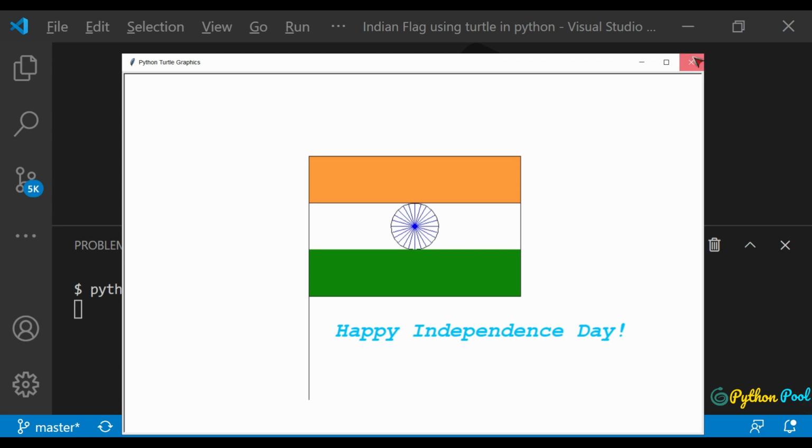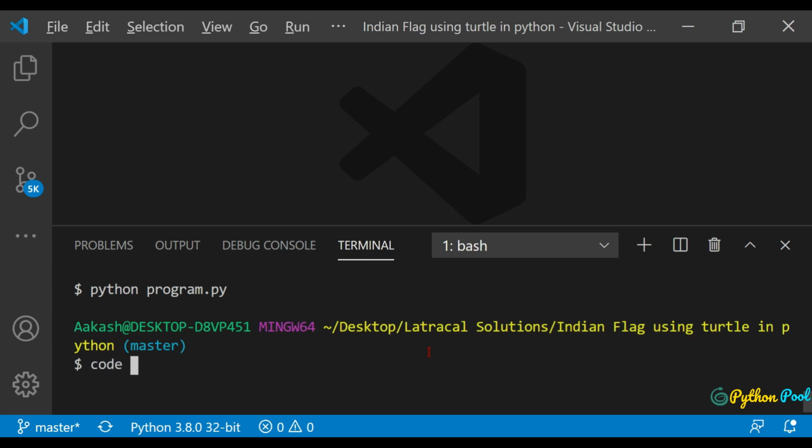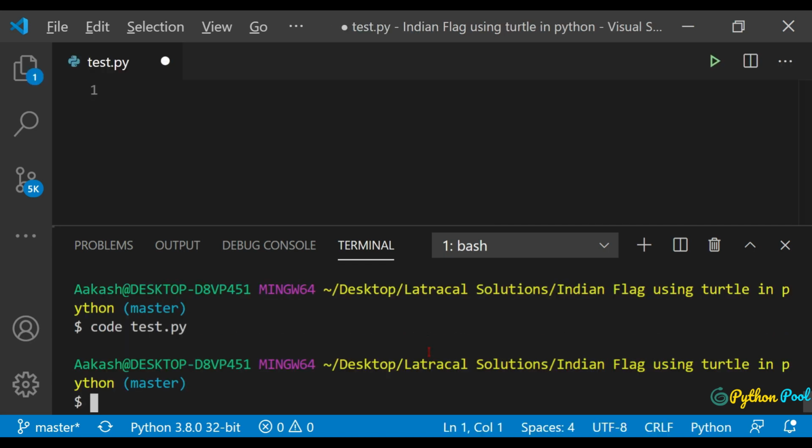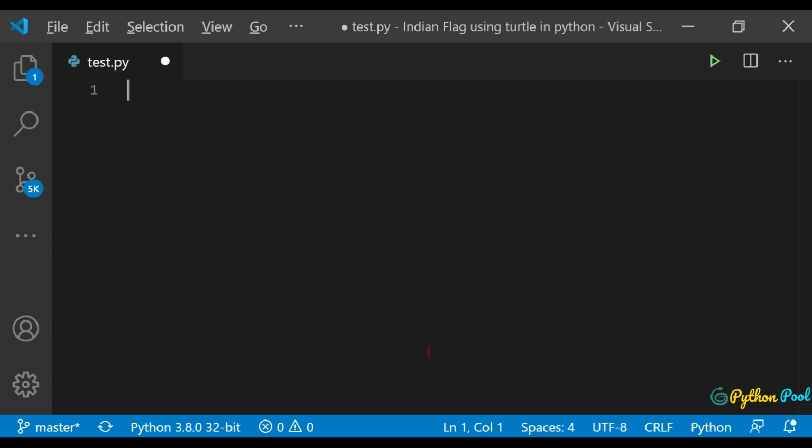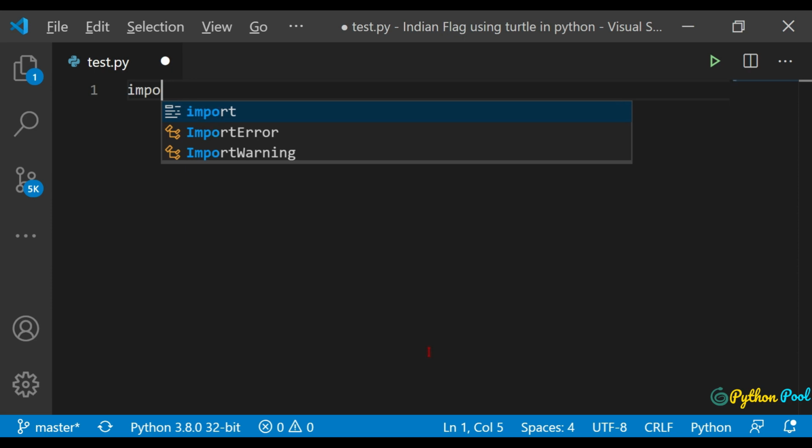So let's get started. Let's create one file. I'll name it test.py. After creating the file, let's jump to the code. First of all, let's import the turtle module. So import turtle,